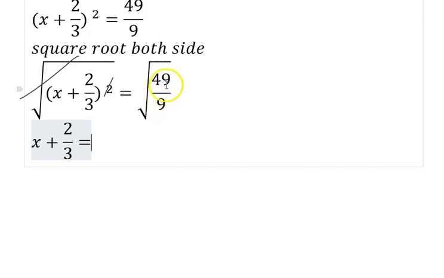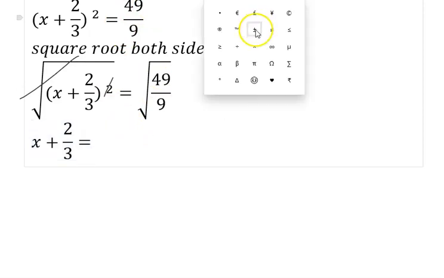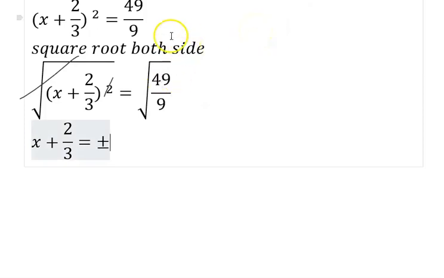So here now, square root of 49, you can split them. Square root of 49 will give you 7. Square root of 9 will give you what? 3. So here we have 7/3. Since we now have the square root ironed out, we can now say plus or minus 7/3. Let's bring it here. We can now have